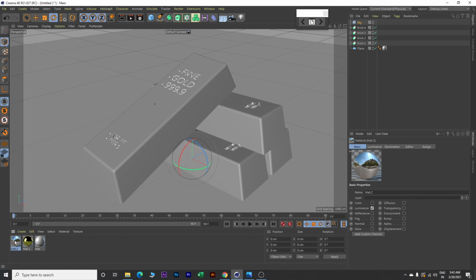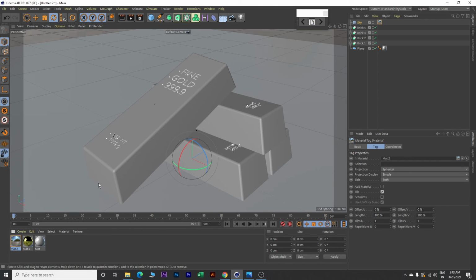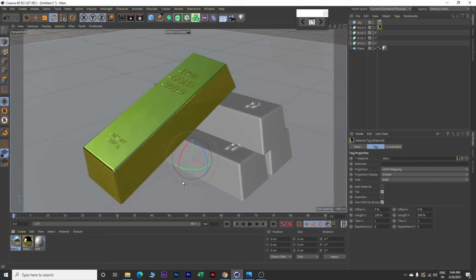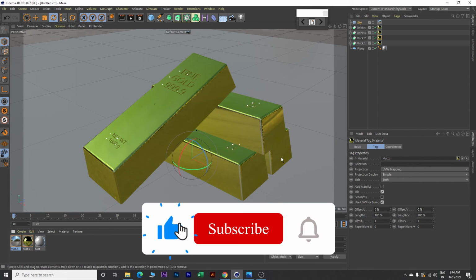Then drag this sky material and drop over here on this sky, and come over here on this gold material and drag this on our gold brick. Okay, this looks good. Again, drop over other bricks like this. Again, drag and drop like this, and lastly drop on the last one. Perfect. So now the gold bricks are ready, the golden material is ready.